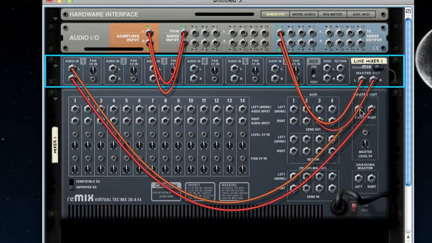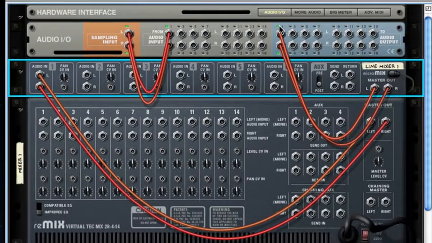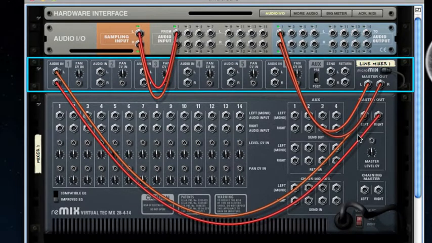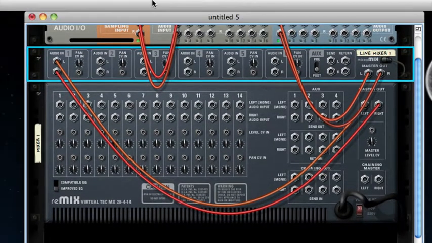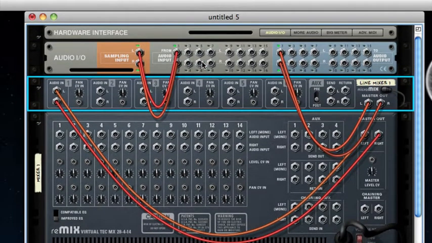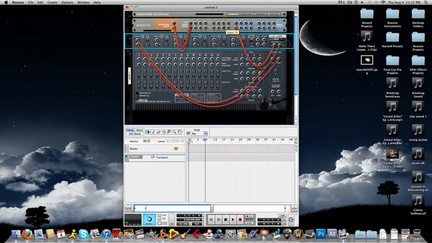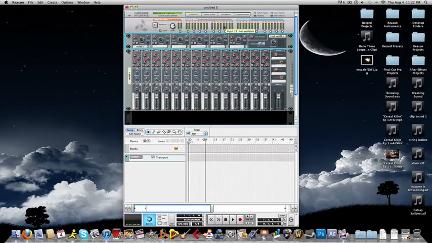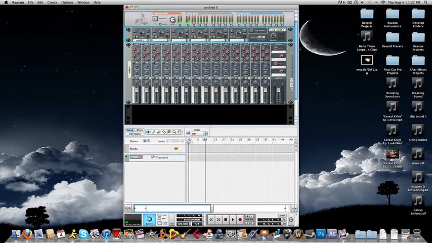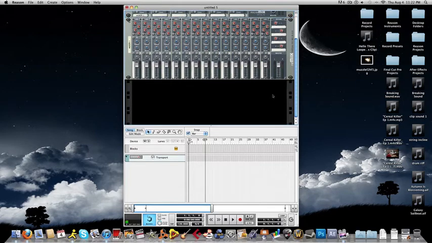Sorry. So now that you can see this is green, this is now a fully confirmed connection that runs all the way through this mixer, through the line mixer, and then through to the hardware interface. So, if you look back at the front, you have a full filtered connection going through. And now the reason I do this is because you can do better full volume automations with having it running through a mixer. So let's say, for example,